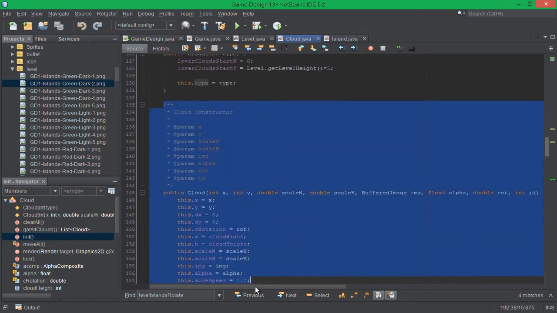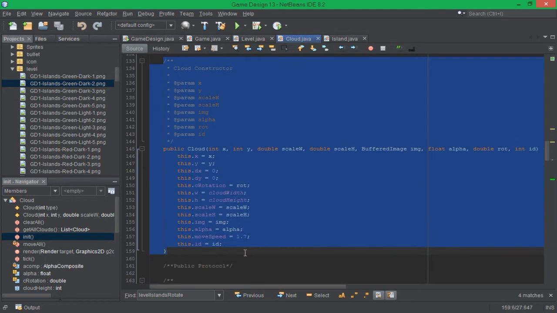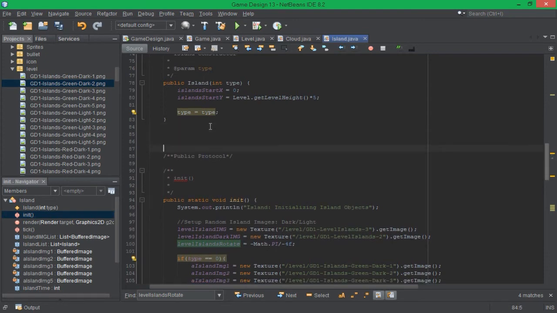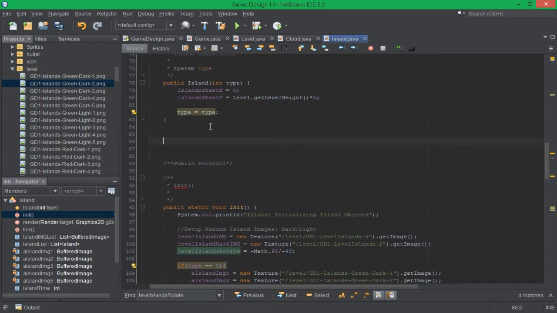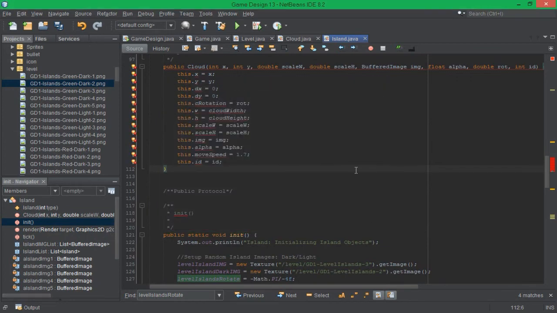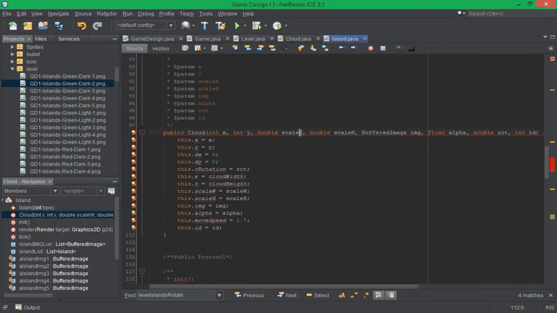So I'm going to take this and I'm going to change the scale just to 1 scale. I'm going to remove the alpha and the rest should stay the same pretty much. So copying our new constructor into here above the public protocol after the first one. Don't want to import any of the cloud stuff and just want to change that to scale,